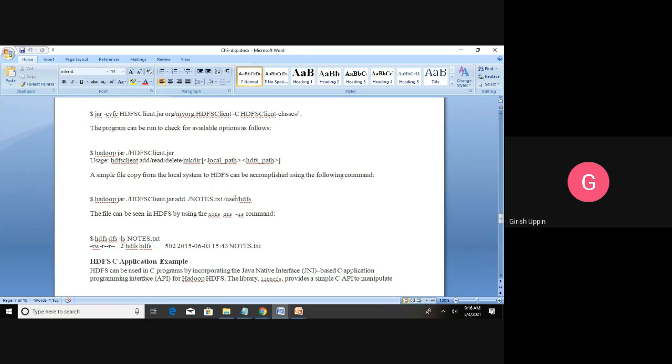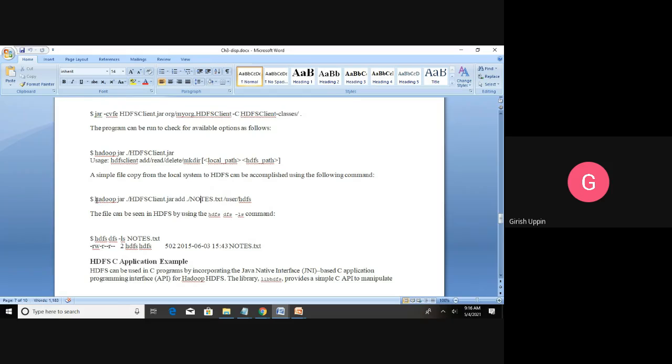Once this command completes successfully, you can check with hdfs dfs -ls notes.txt. It will show that the file has been copied to the HDFS file system. Similarly, you can execute other commands.